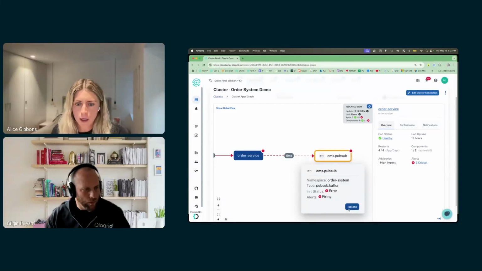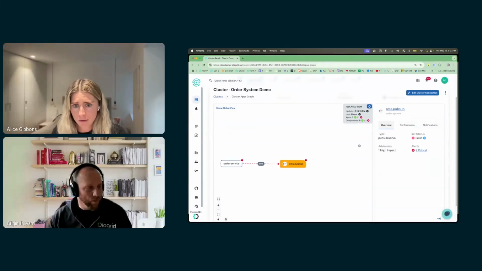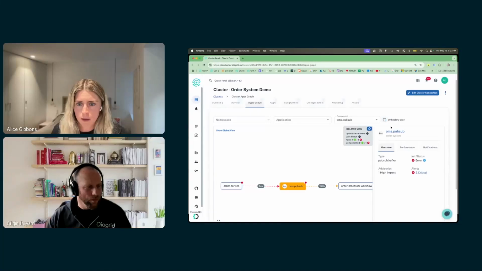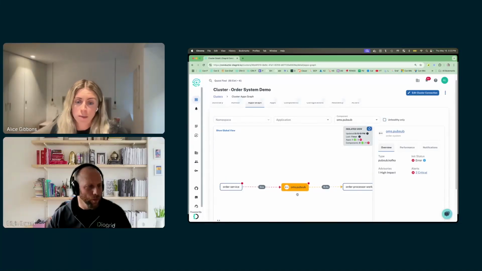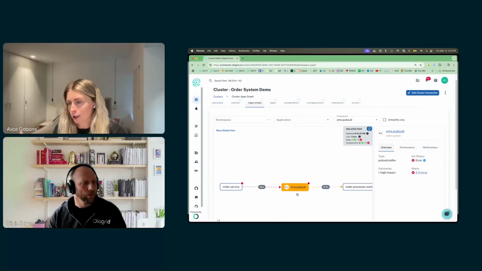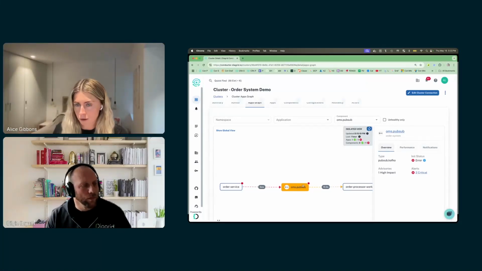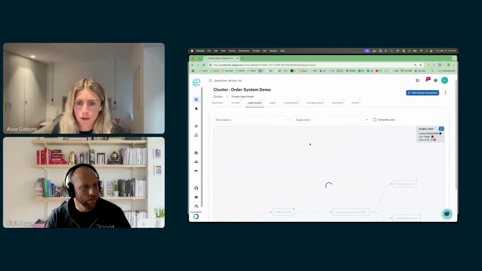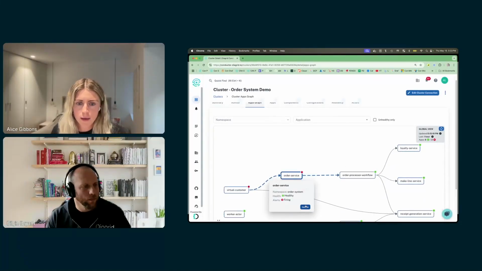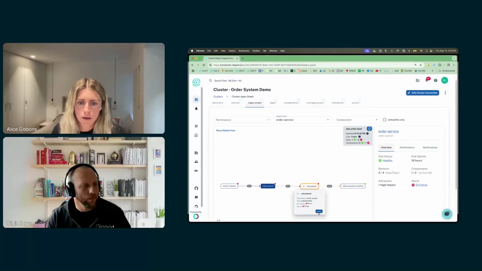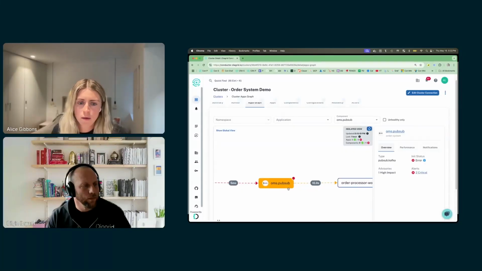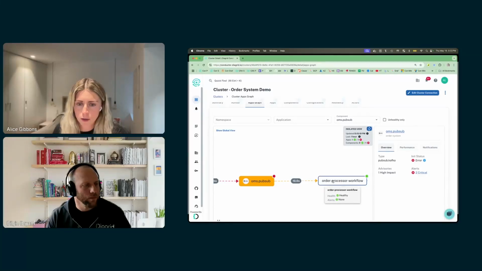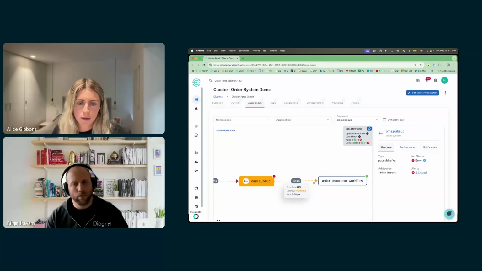I can also isolate on the infrastructure itself. Actually, I'm going to click on healthy as well. And this is going to show me a full dependency graph of any other applications that might be affected based on this infrastructure failure. So, let's just close this one and go back into this one. It's telling me that so far it's just this order processor workflow that's still up and healthy, but there's no new requests coming out from that